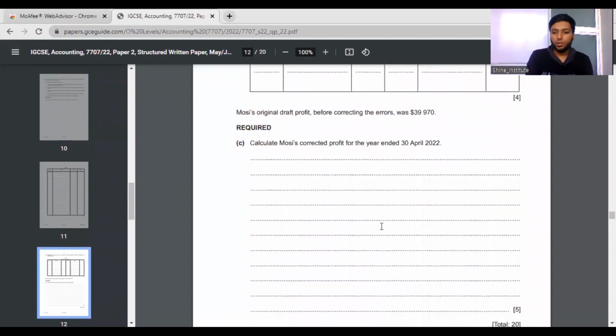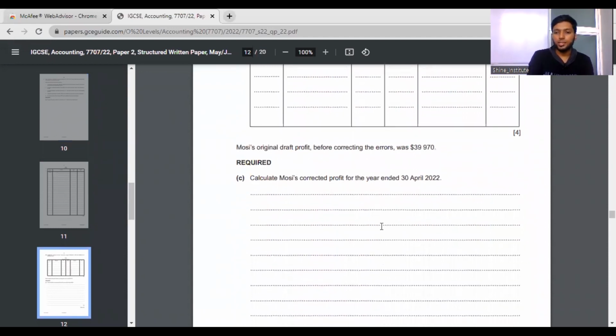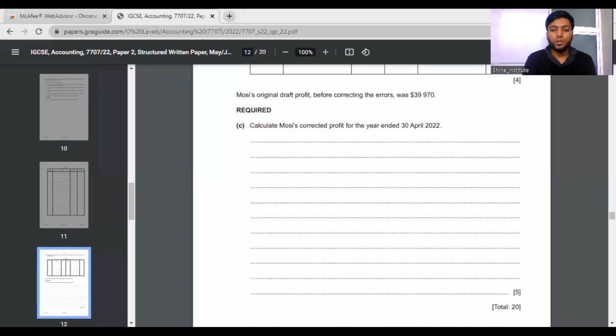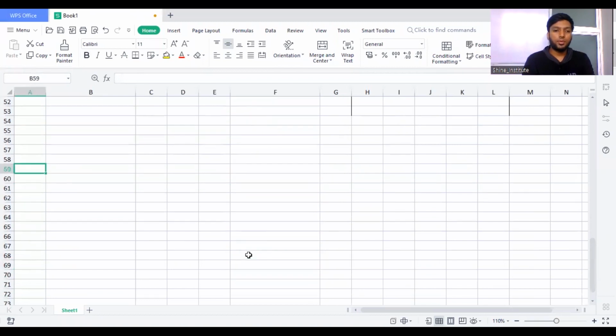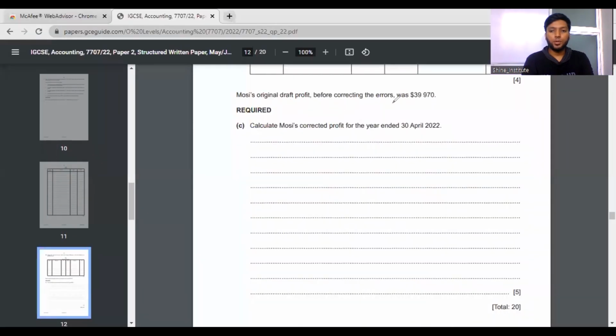Moses' original draft profit before correcting the errors was 39,970. So moving on to the sum, now we have the original profit. I'm going to take this sum to the Excel, so I'll show you what actually this business is doing now. We have a drafted profit. Let me check. The original draft profit before correcting the errors was 39,970. So I'll write here